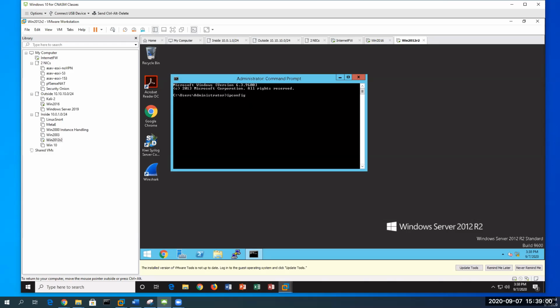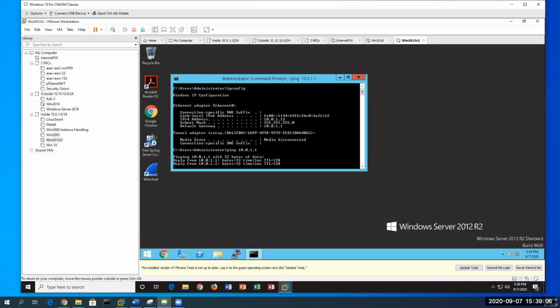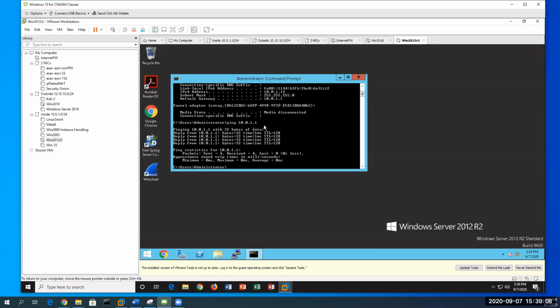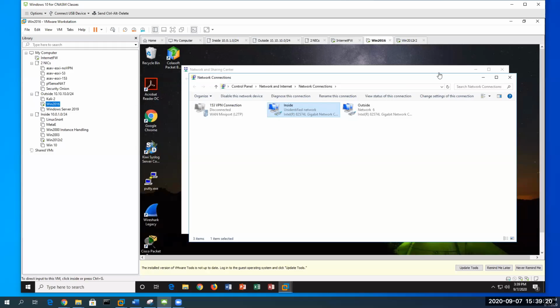ipconfig, again, to show that it's 10.0.1.12, and we can ping 10.0.1.1. So that's the first step. Then we can launch the attack or FTP from the Windows 2012 to Windows 2016. Now in the Windows 2016,